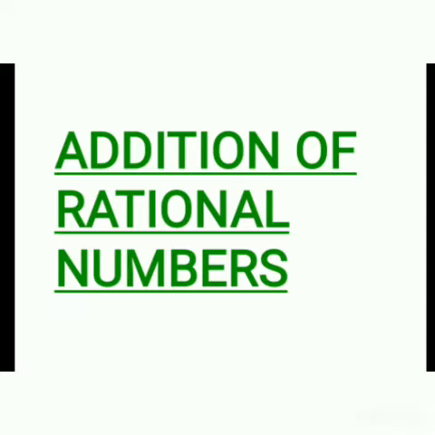So, before saying that, tell me what is a rational number? What form will a rational number have? Yes, a rational number has the form p by q, isn't it? It has a numerator and a denominator. So, p by q form means, we have studied fractions and you have already studied addition of fractions.